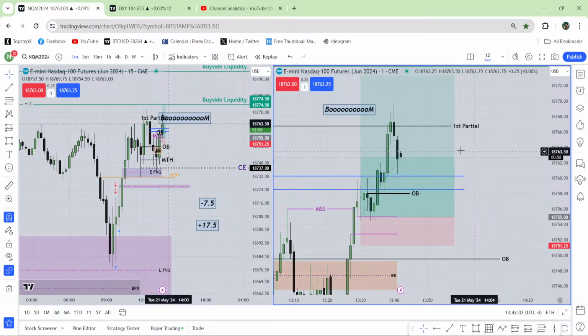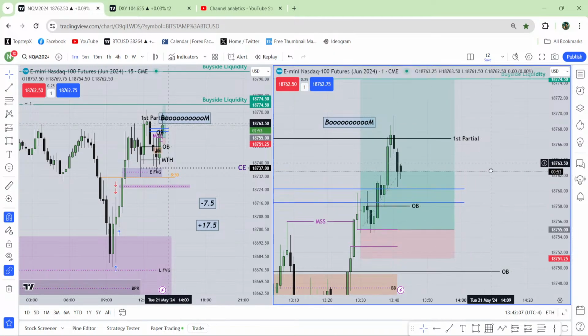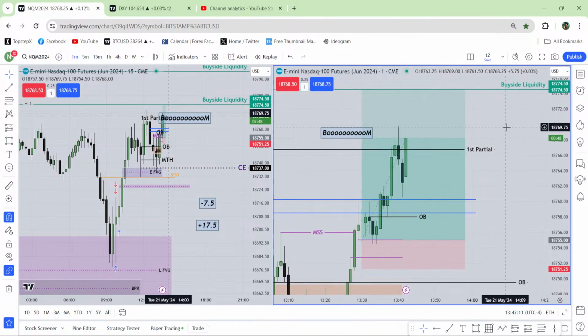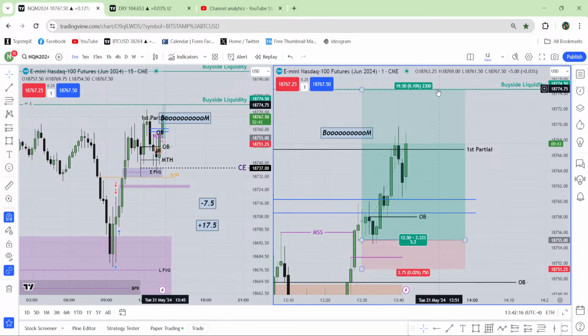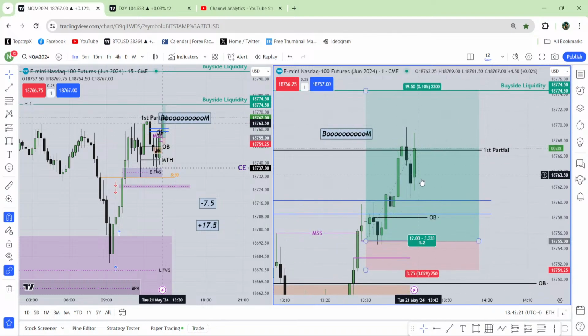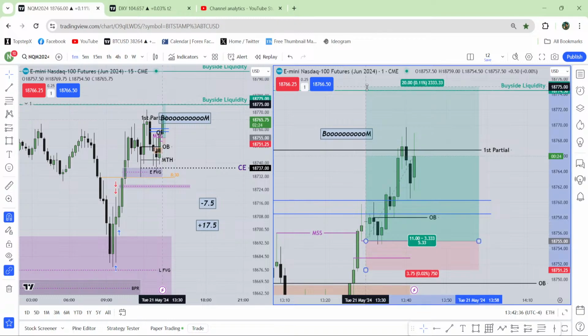As I told you, don't think that the market has done its job. No, the market didn't complete its job. It's spending time because of the macro, I guess. Or if it takes that buy side liquidity before the macro, it is also cool. But we will see what is going to happen. We have to just observe the price. We don't have anything to do right now except observing the price. And I will make it a little higher.